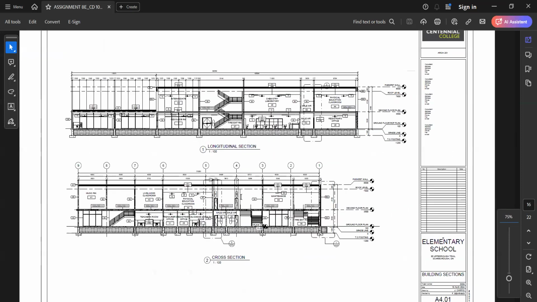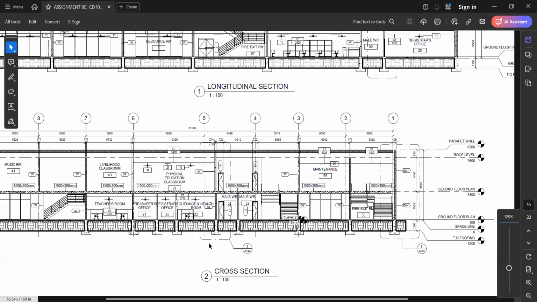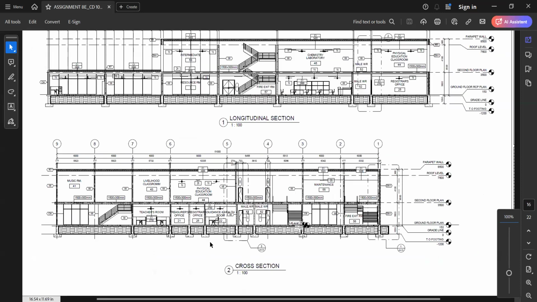And for the building section, as you can see, I use 45-minute to 1-hour fire-rated interior walls for all interior partition walls. For the slab, I use the 1500 by 300 hollow core, as it will give a barrier in each individual room. And for the roof, I'm using the green assembly roof.